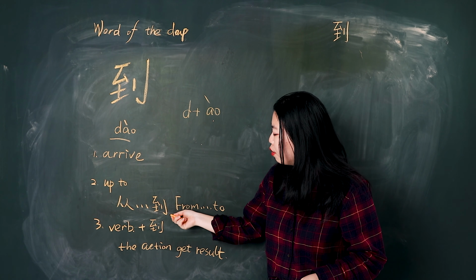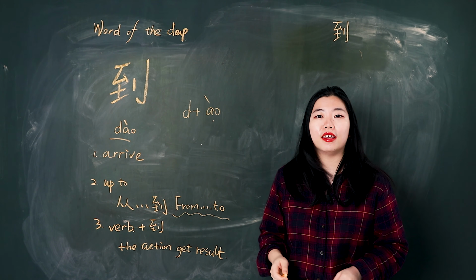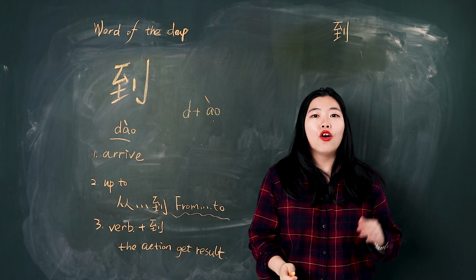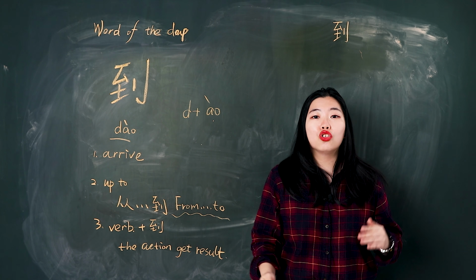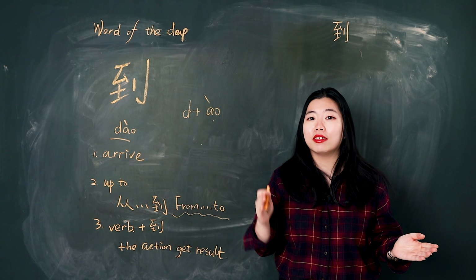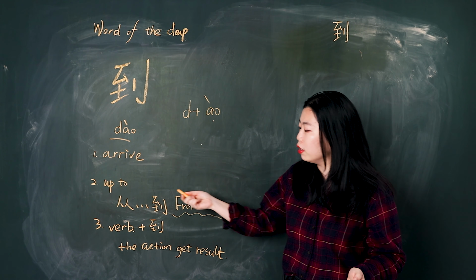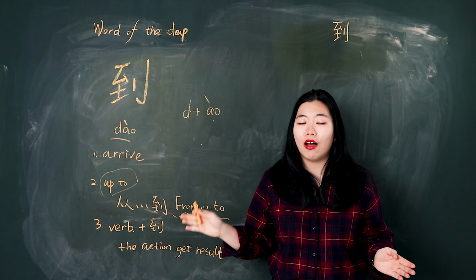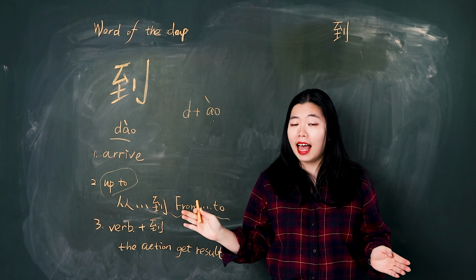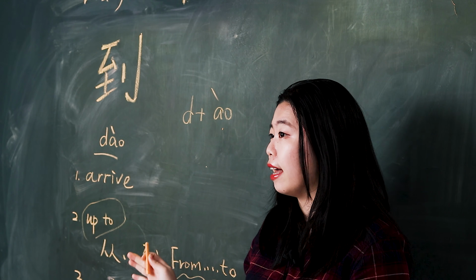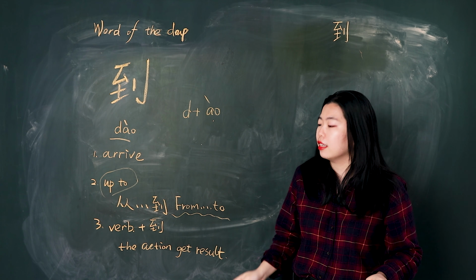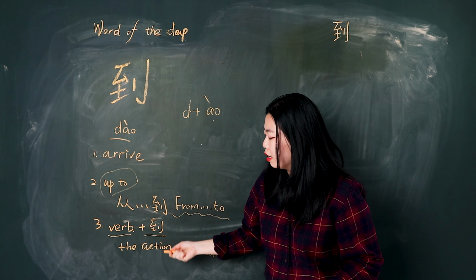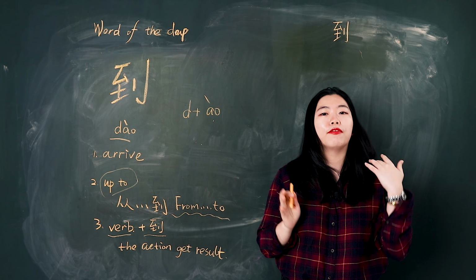The second meaning is up to. We always use from A to B. We say 从 A 到 B. From school to home. 从学校到家。Also, we can use up to. Only use 到. For example, up to now. 到现在。到现在。